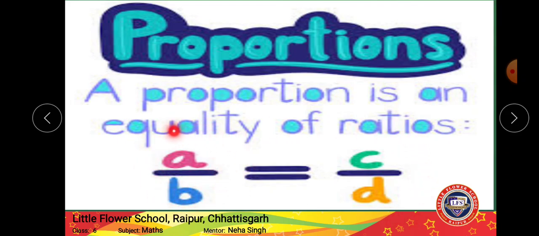The equality, the relationship between two terms, is called an equation. A by B is a ratio, A ratio B, C ratio D, right? When I equate these two ratios and write an equal sign, this whole expression is now called a proportion. Understood? Before starting with proportion, we'll cover the questions of ratios first. When we are clear with the ratio part, we'll move on to proportion.